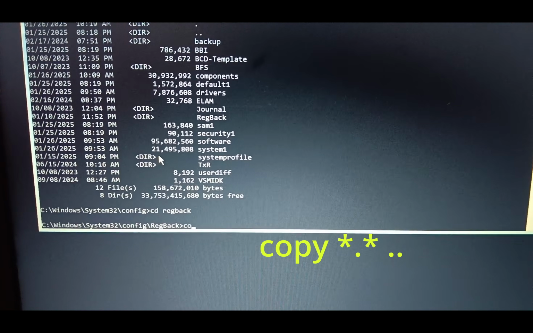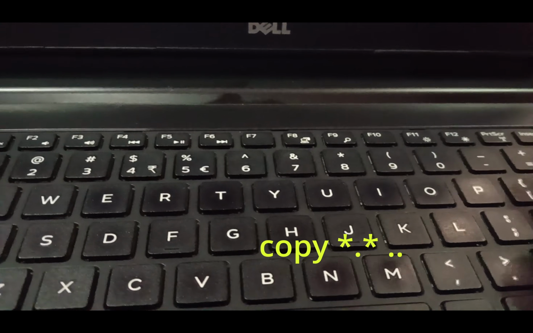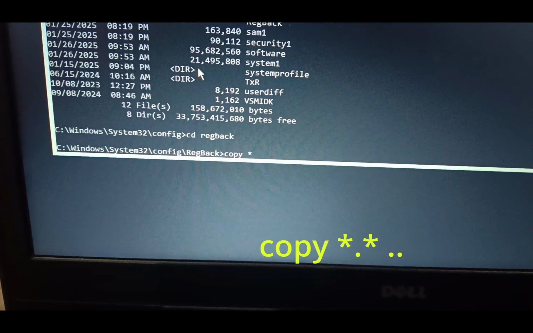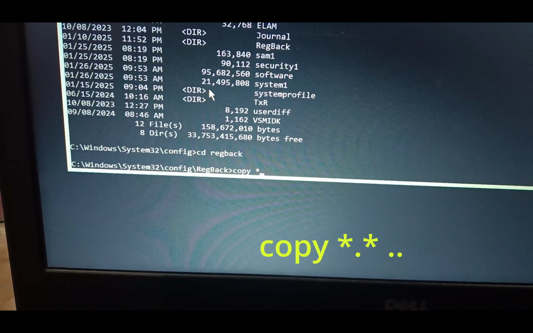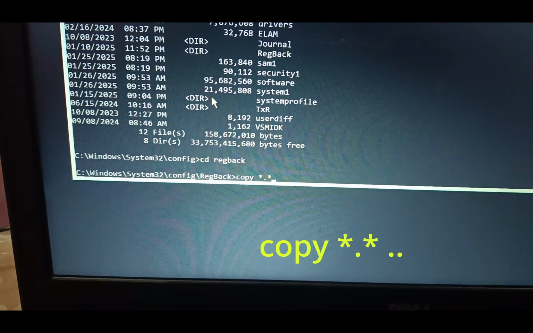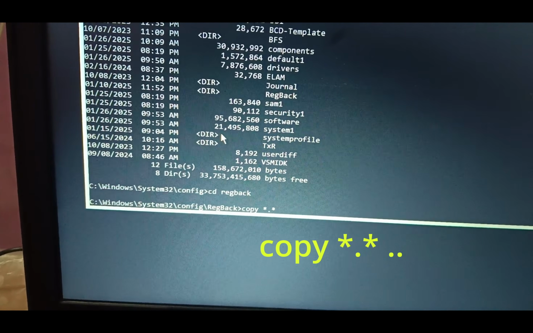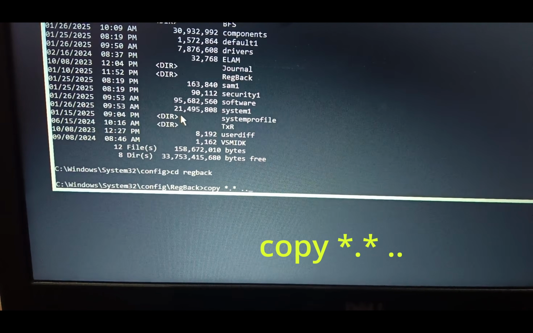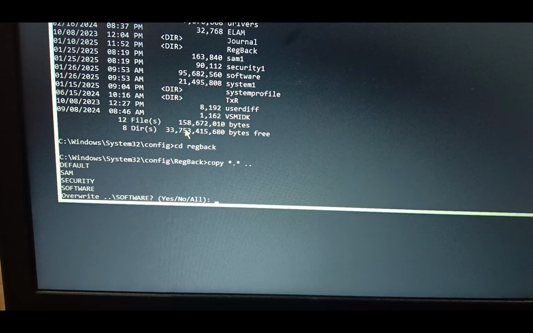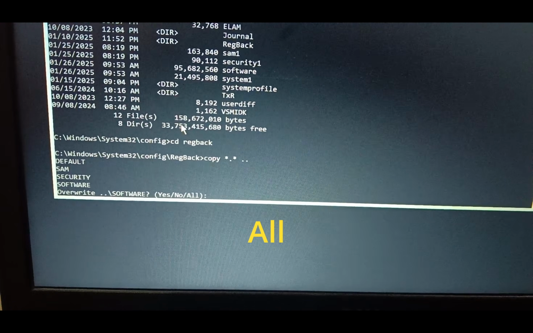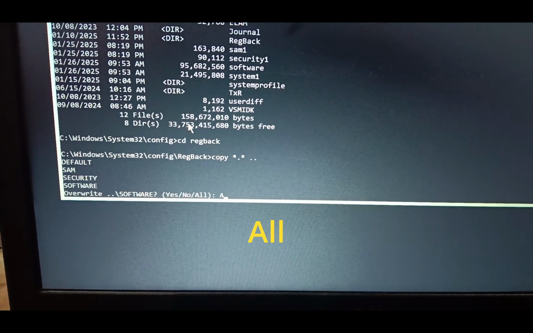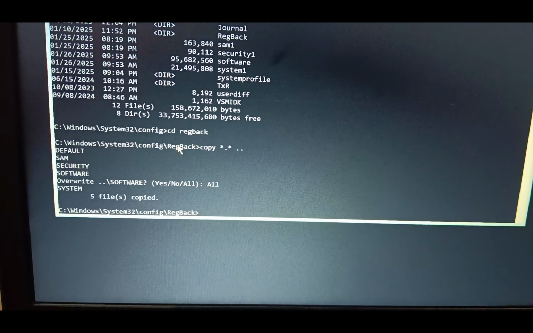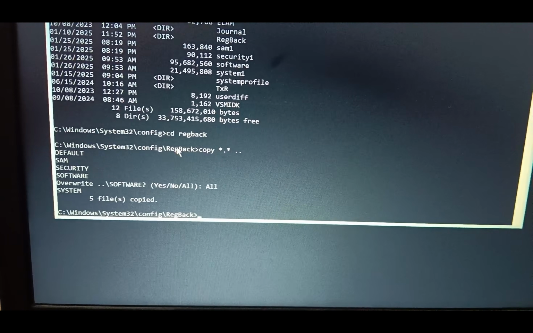command copy space, press shift and 8 to get the asterisk, dot, asterisk, space, dot dot, press the enter key, and you need to type here all. You need to press here all, and now you will see 5 files have been copied